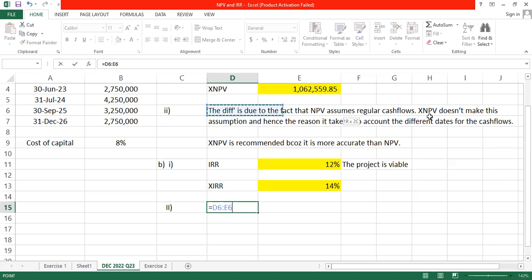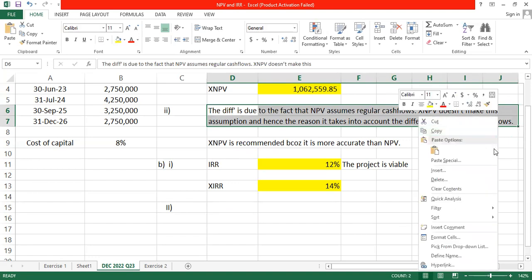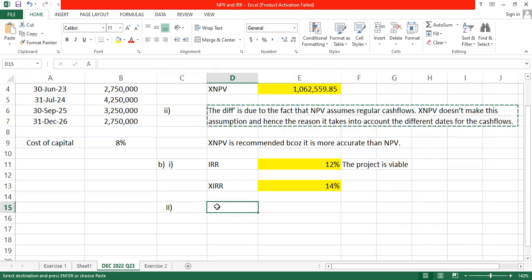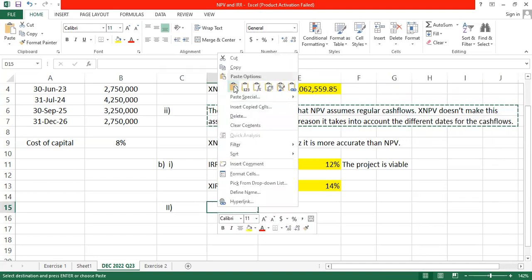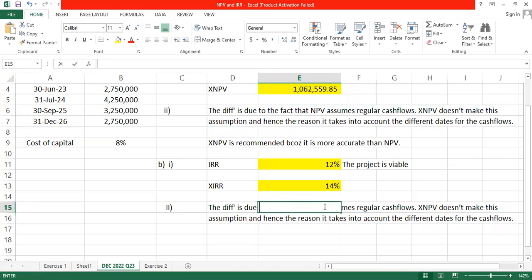So the difference is more of that we had under NPV. So I'll just copy that and then edit. So that the difference is due to the fact that